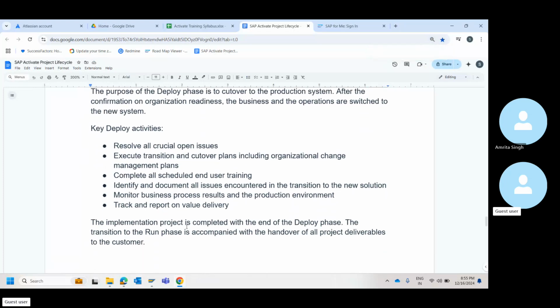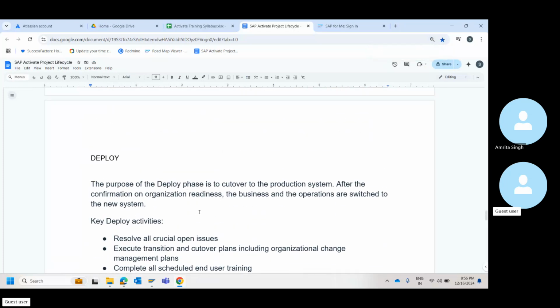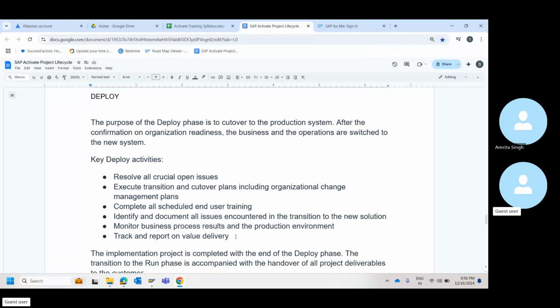Not just the recording, but this document also. This will give you 20-30% of understanding about each phase's activities, and then within those activities, what we generally do is something that I will explain. Otherwise, 15-20 minutes will go to me explaining all these things.